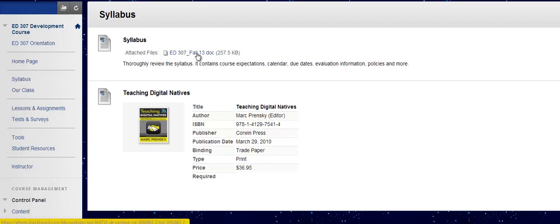I encourage you to thoroughly review the syllabus. It contains all policies, requirements, gives a great overview of the assignments and the assessment expectations, provides a calendar of dates that would be great for you to print and put on your refrigerator or in some area that you frequently visit. So this is the syllabus, and this is the textbook that we'll be using in the class, Teaching